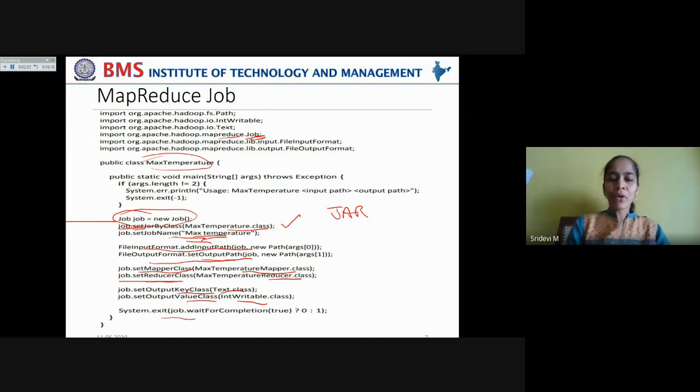Now finally you are calling the job.waitForCompletion method, and this will convert the progress of the job into a boolean value, 0 or 1.